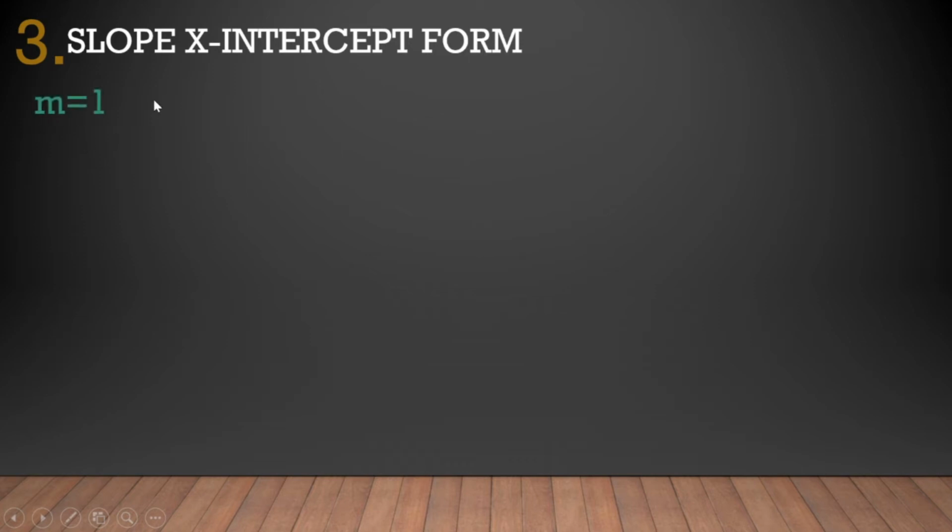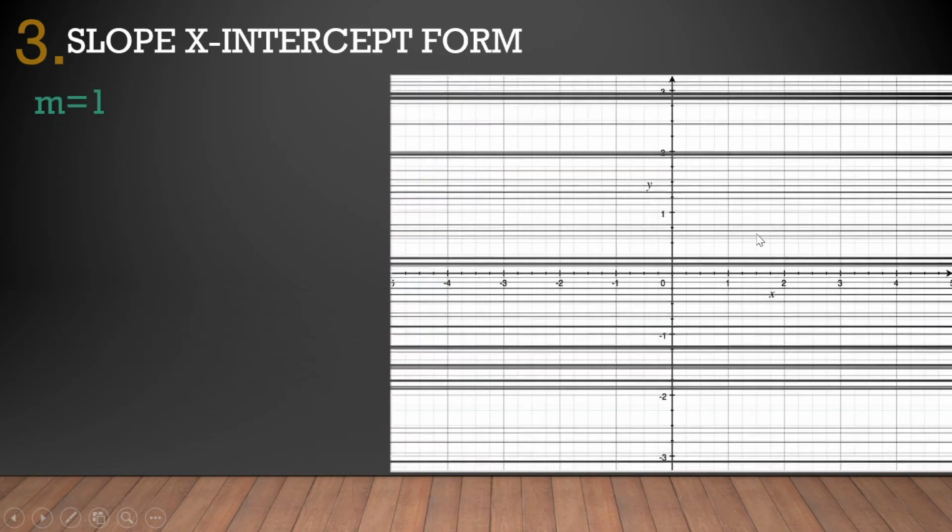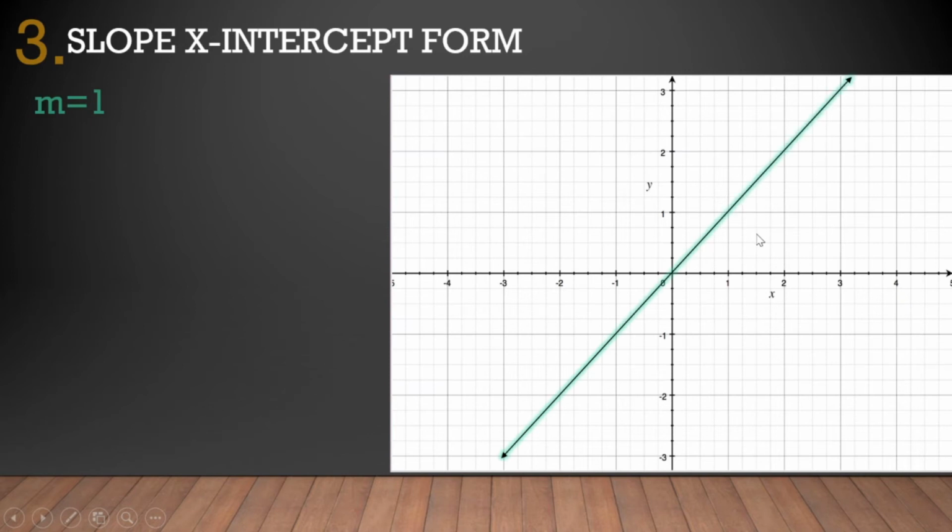See, if any line has a slope of 1, the line looks like this. The coordinates of the line are (1,1), (2,2), (3,3). That means the x coordinate equals the y coordinate. So the equation is actually y equals x, which implies the value of m is 1. The line is this.